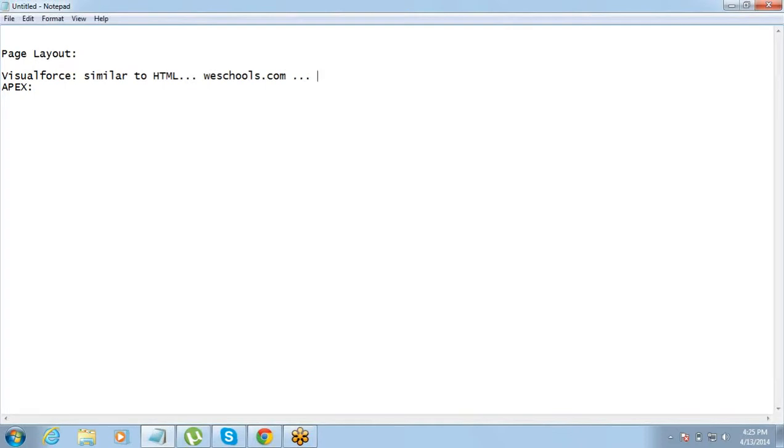Subhajit, have you worked on HTML? Not too extensively. But do you know the basics at least? Yeah, the tags. The bold, italic. That much we know, right? How to make a text bold. Yeah, that much I know. If you know even one single tag in HTML, that's more than enough to start off with. The rest you can keep on learning. Apex, we will get into later, maybe sometime next week.